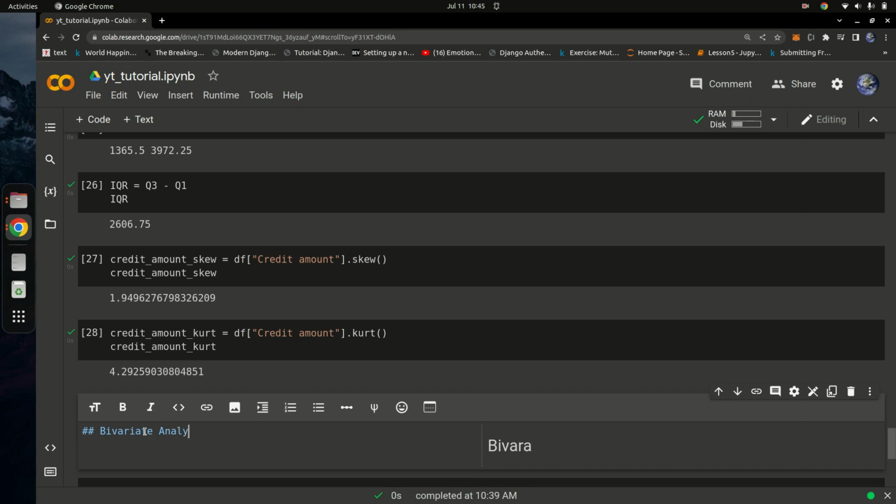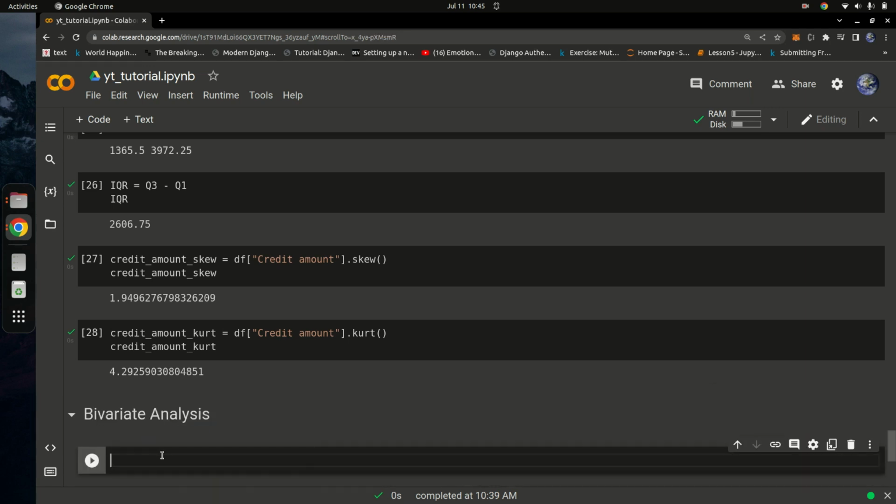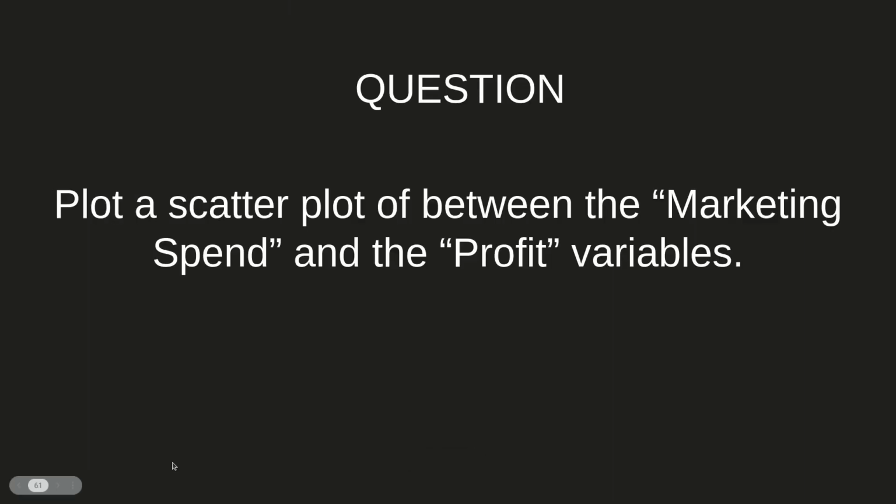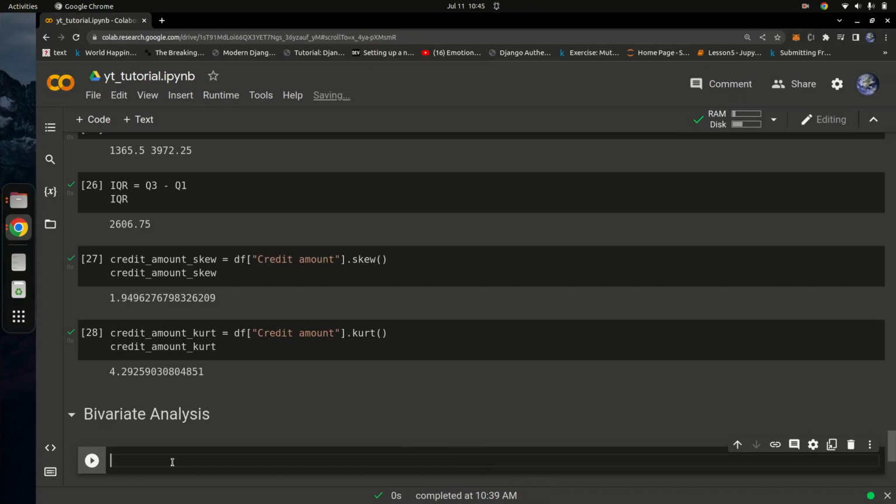Okay, and then run that. So in here, I'm going to go ahead and do the scatter plot. Before we do that, we are going to be dealing with the marketing spend variable and the profit variable. In our current data set, we don't have those two columns, so I'm going to be using another data set,